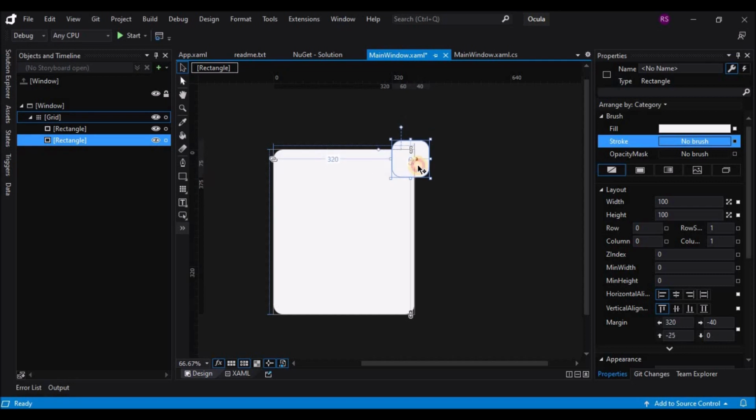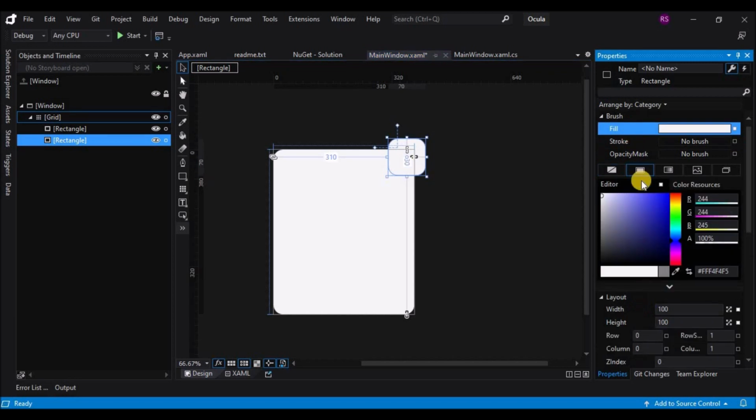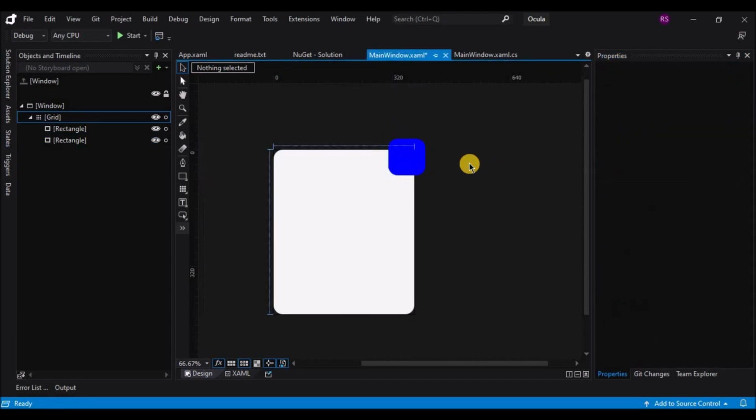So we will place it over here just like a small badge on top of a window. Okay, let's change the fill to a dark shade of blue. Okay, so that's done.